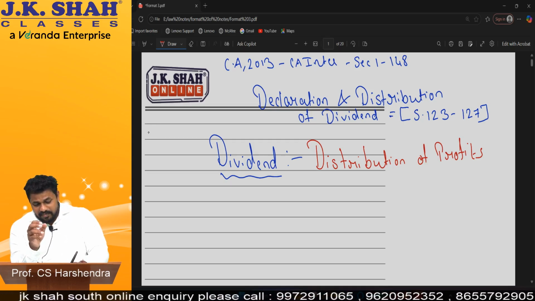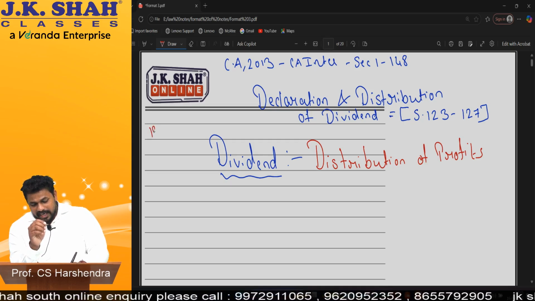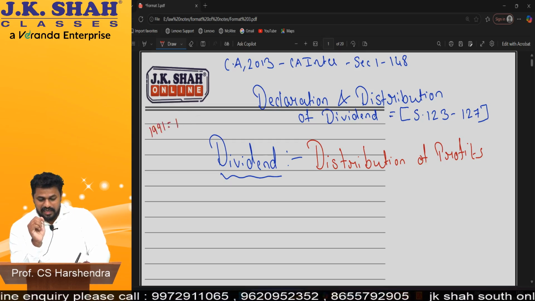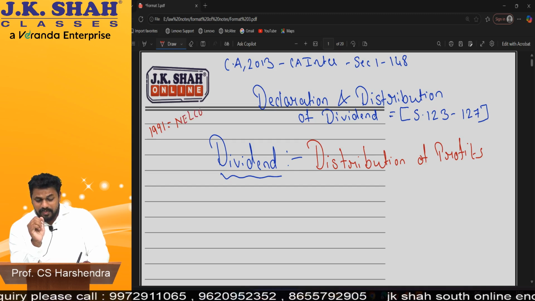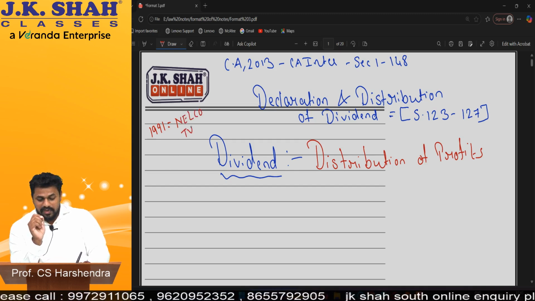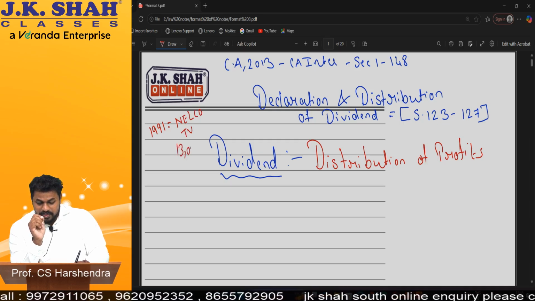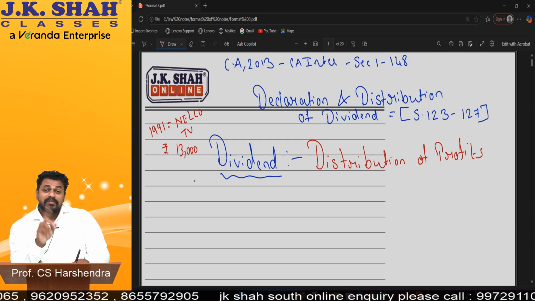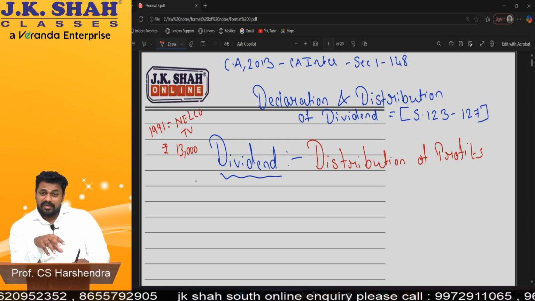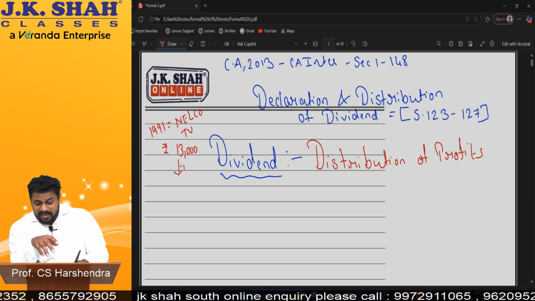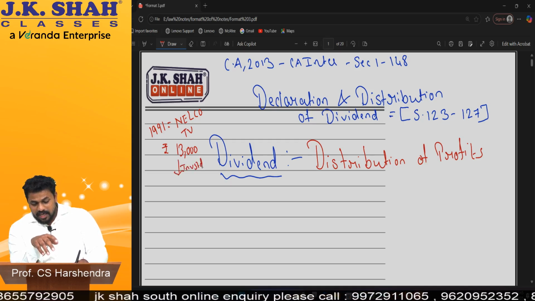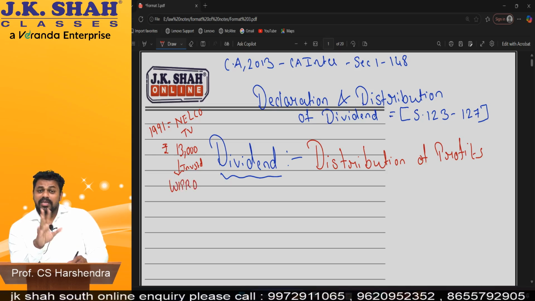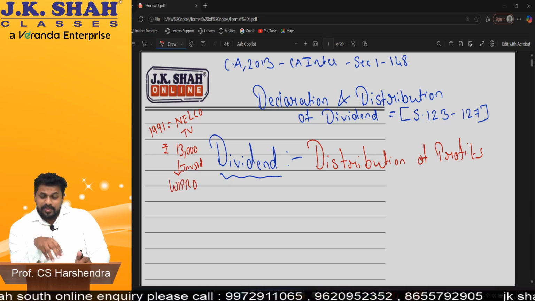Like just for an example, I'll tell you. In 1991, my dad purchased a TV. Name of the TV brand I still remember, Nelco TV. He purchased for 13,000 rupees. In 1991. If he had not purchased TV of 13,000, but if he had invested this in a company shares called as Wipro, and this is actual calculation I have done. Today, what will be the value of these shares,